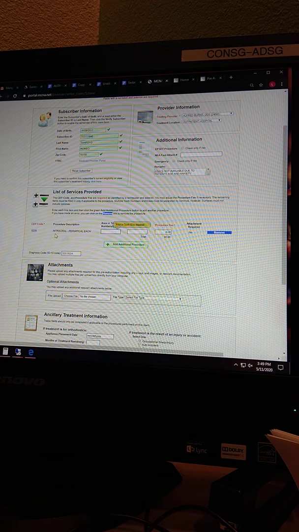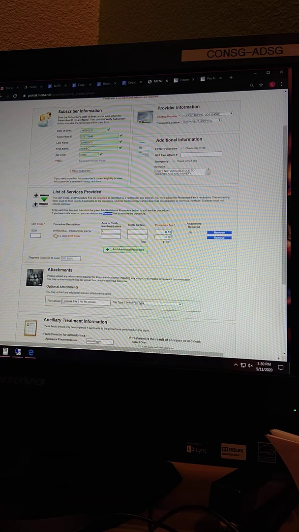It will pop up with area or tooth numbers required. So in this case, this intraoral x-ray or periapical x-ray is number A. You will tab over to procedure fee, and you will find that procedure fee on the treatment plan. You will then tab over to where it highlights add additional procedure and hit enter. You will continue to enter all of the CDT codes until you are completely through with all of the codes